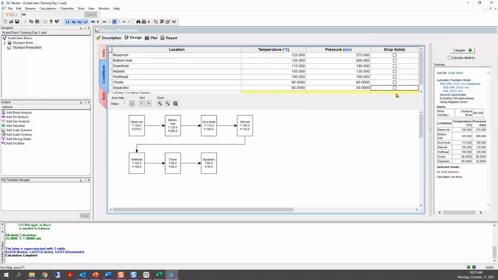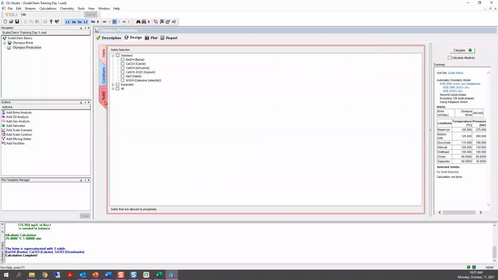Okay, so these are the locations, and the last step here is to go to the solid tab. So in here again, remember, we put in the brine, we did not allow any solids to precipitate. We just said, I'm going to bring all that digested sample and put it into this production.